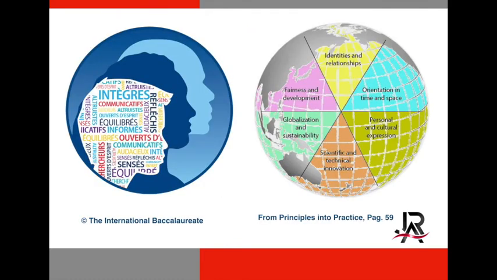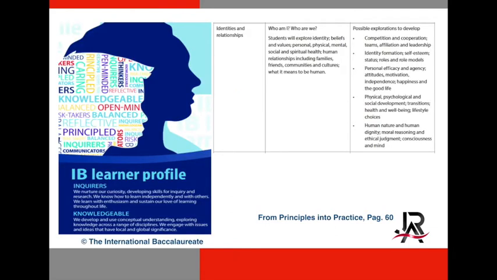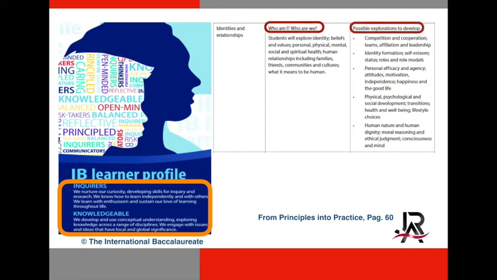The global contexts suffer from a sad misconception in a very similar way to the learner profile. There are educators who only consider the names of the attributes in the learner profile and the names of the global contexts, and they make an assumption about their essence. If we look at the descriptors for each of the attributes of the IB learner profile, we will find a series of dispositions, life skills, and ideals that can help us make connections with concepts, content, and ATL skills. In the same way, each global context has a guiding question and some possible explorations that we can consider when we design our teaching and learning.